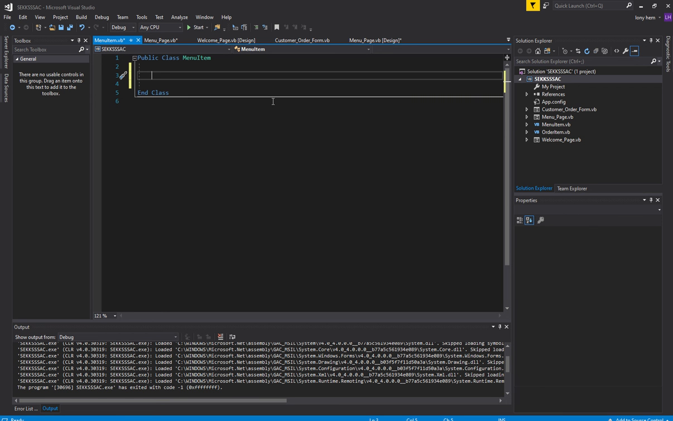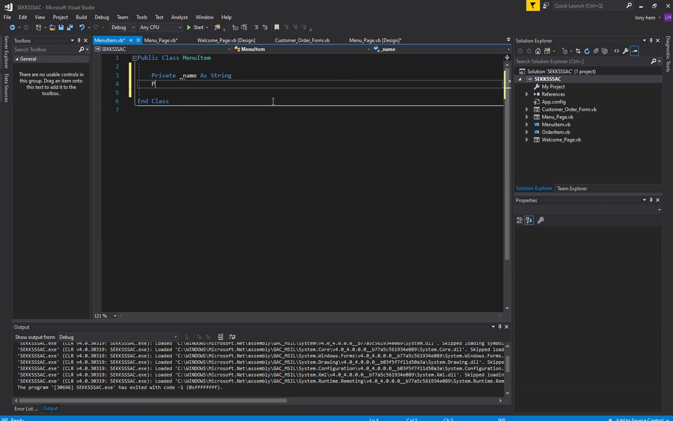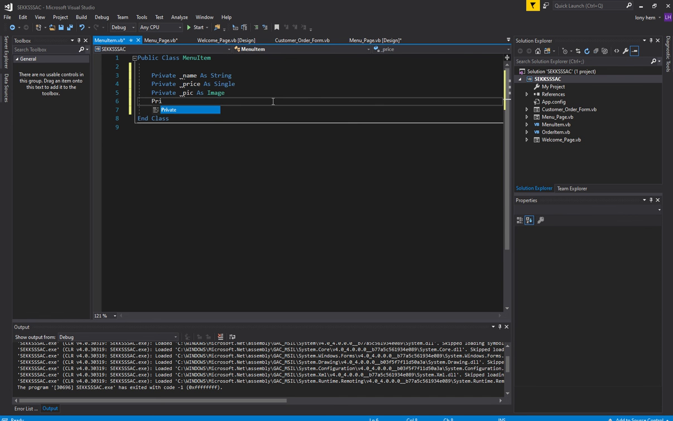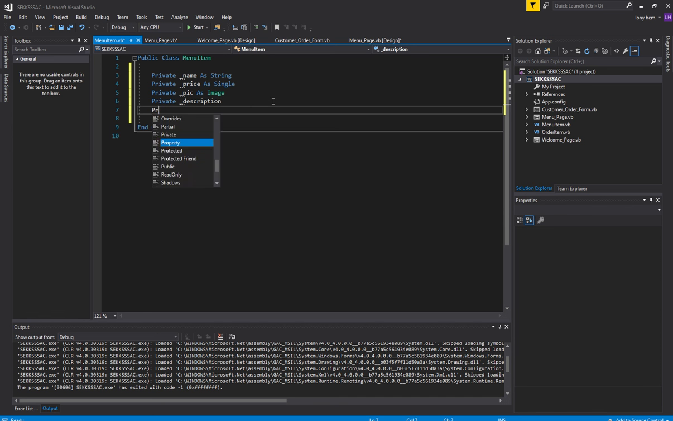So we've got private name, private, what else we got? Private price, private pic associated with it, and private description. Now I should also keep track of the amount that I'm ordering,